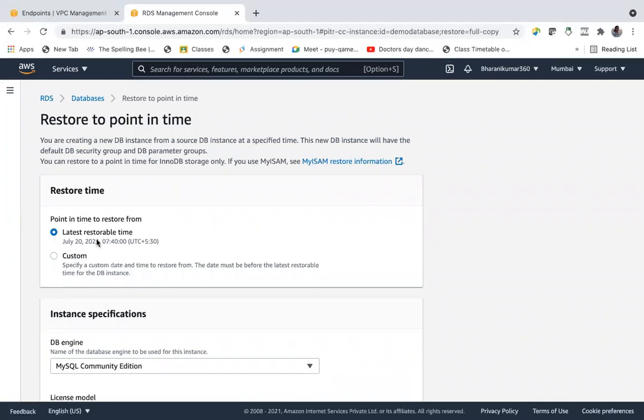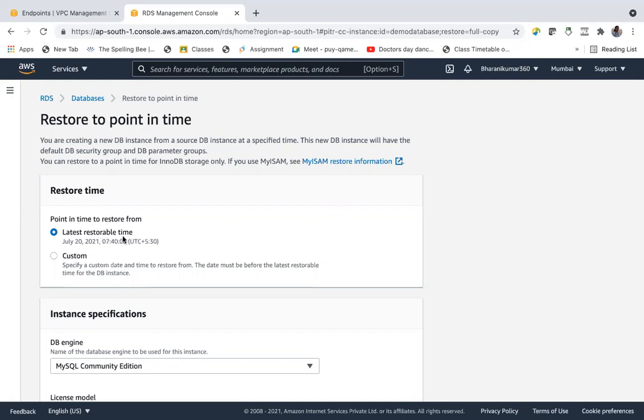So point in time restore comes to rescue us here. You will lose only those 4 minutes, if any update or entry happened in those 4 minutes. So you might miss that, which is comparatively a very small loss, right?